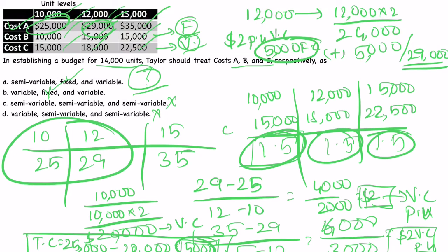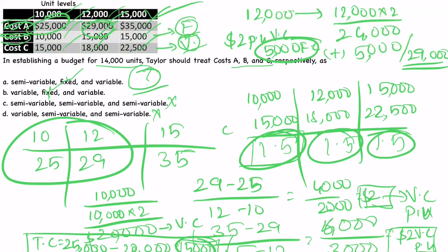I hope you are going to get another question. Sir, in cost B it has changed to 5,000, increased, but why is it not changing in cost A? Sir, cost B is different and cost A is different, right? We are not going to mix these two. Got it? I hope you have understood this question. If you want, you can also try the same for 15,000 units also. The answer will be the same.